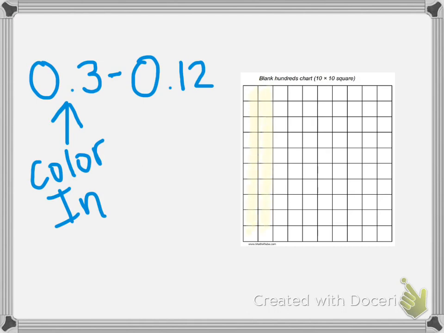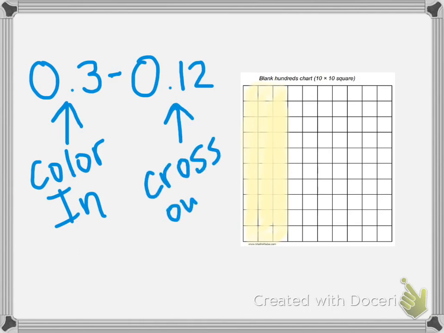I'm going to color in 3 columns. Doesn't have to be perfect. And then what I'm going to do next is I'm going to cross out that second number, so 12/10. So I need to cross out 1 whole column for the tenths, because those are columns. Then I'm going to cross out 2 squares